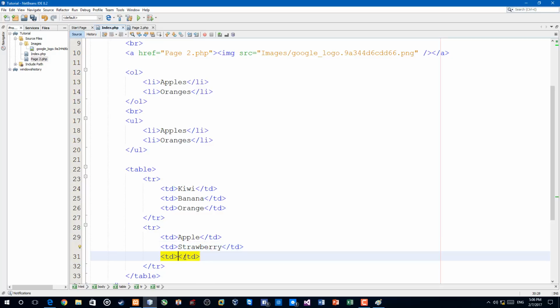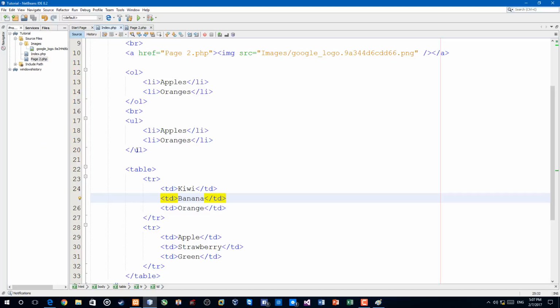Strawberry, okay. And the last one I want to be, I don't know, let's give something like a green. Okay, I give it a color because I don't have any ideas. Okay, so now if we save it and go into my PHP project, as you can see we have a